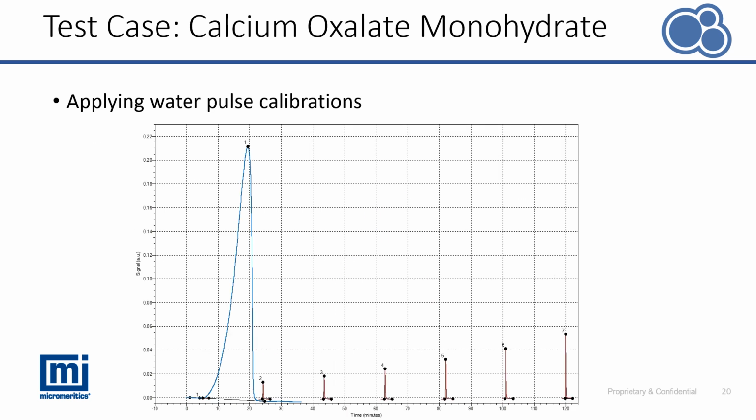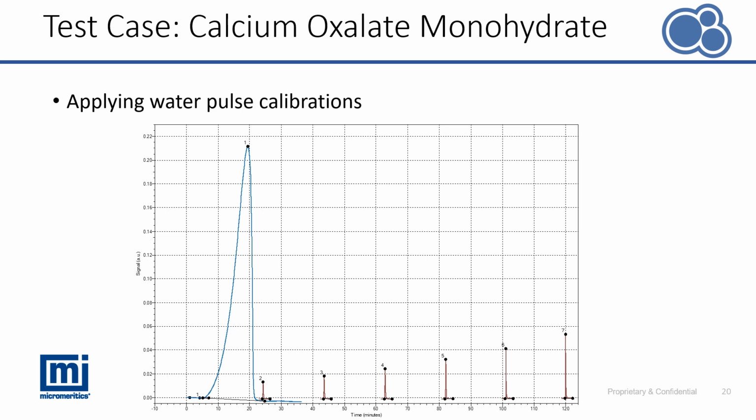Another example is using the vapor pulse calibration for quantification, an overlay of the experimental water desorption versus the loop injections with the vapor pulse calibration data. It is evident that the experimental values are much larger in comparison to the vapor pulses. This means that the experimental quantification is extrapolated well beyond the window of the calibration data. For extreme extrapolation of data, it is more erroneous, but if necessary, a linear fit would typically give a better